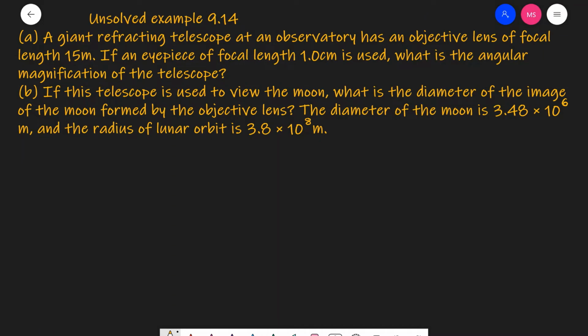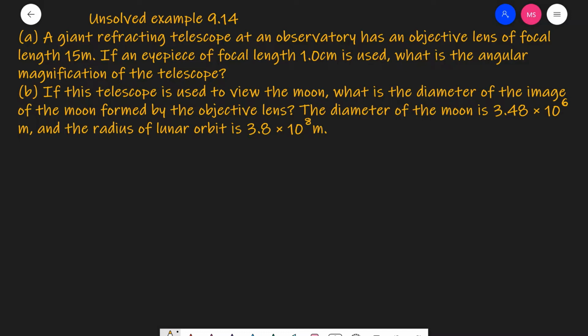Unsolved example 9.14. A. A giant refracting telescope at an observatory has an objective lens of focal length 15 meter. If an eyepiece of focal length 1 centimeter is used, what is the angular magnification of the telescope? B. If this telescope is used to view the moon, what is the diameter of the image of the moon formed by the objective lens? The diameter of the moon is 3.48 into 10 to the power 6 meter and the radius of lunar orbit is 3.8 into 10 to the